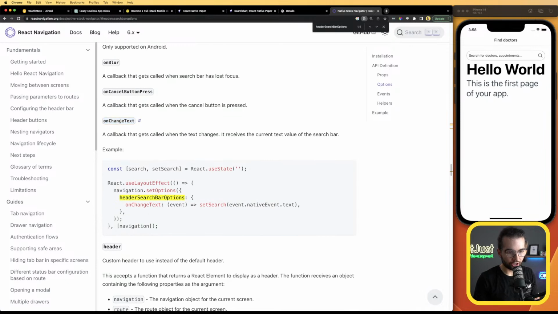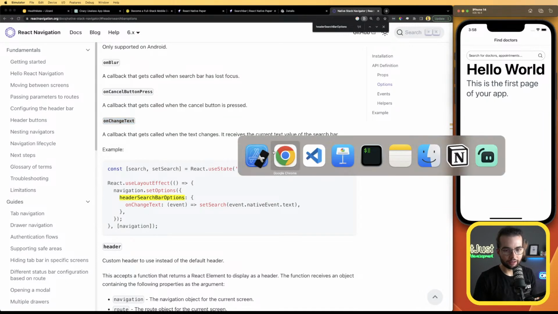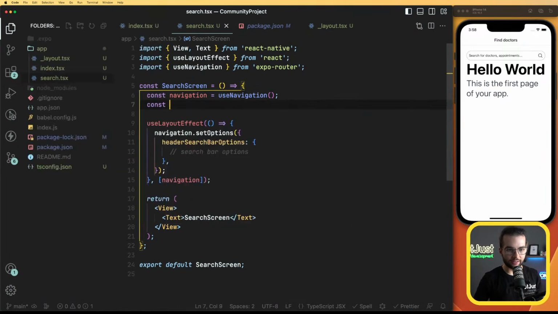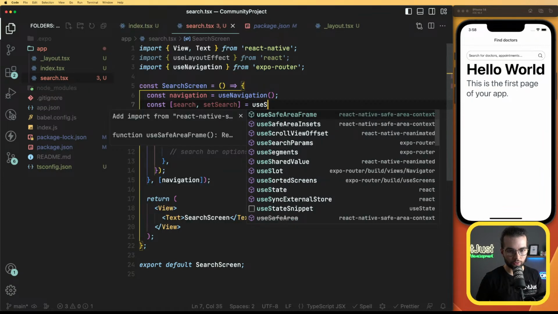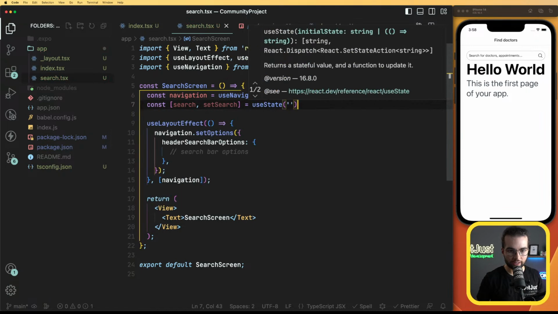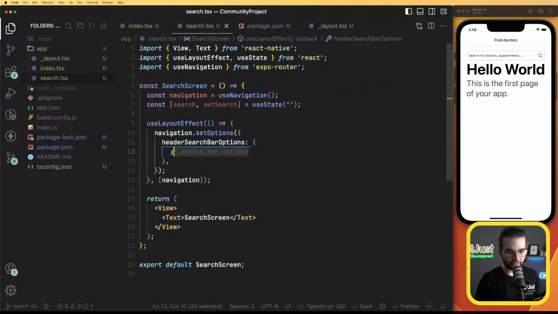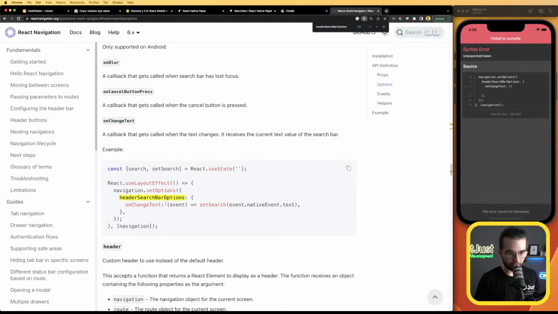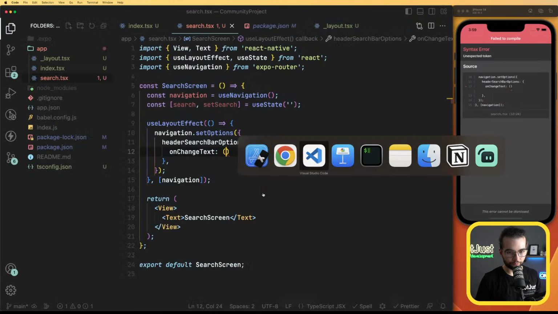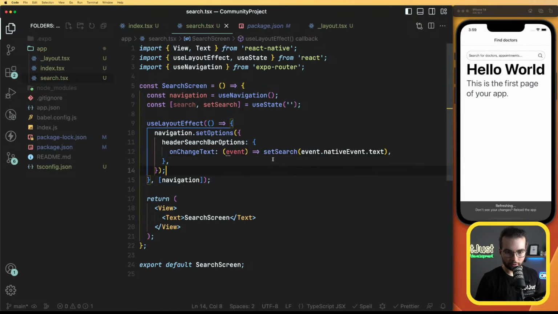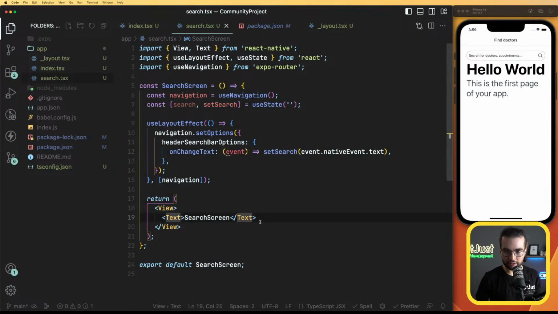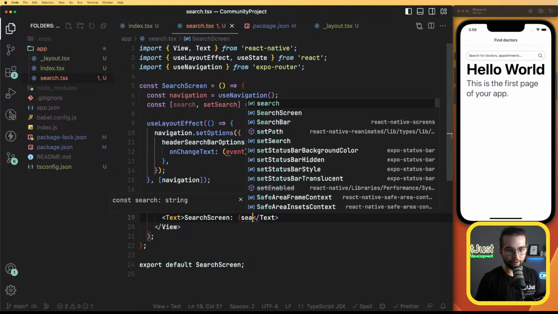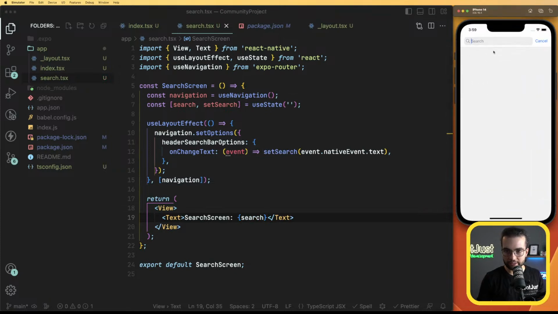So we need the on change text to update a state variable. So let's have a state variable here. Search, setSearch equal useState, initialize with an empty string. And here for the header search bar options, we can do on change text. What's gonna be the event? Is it like this? setSearch. And here, in the search screen, let's render the value that we are searching for. So now if I'm gonna say ABC,